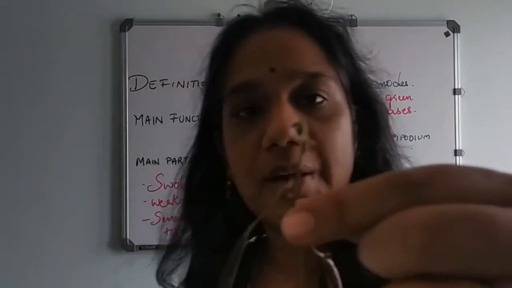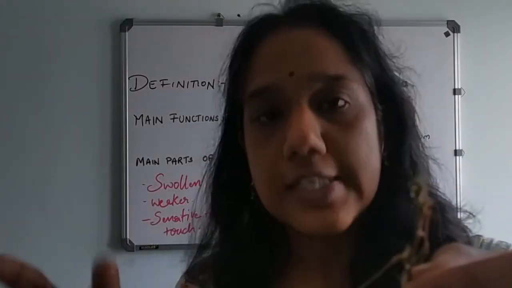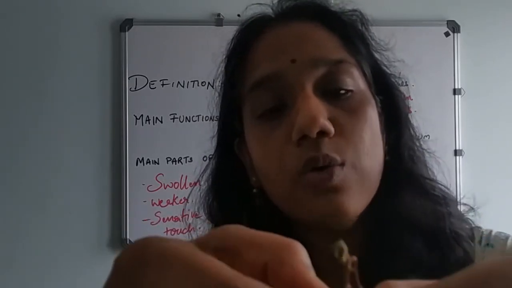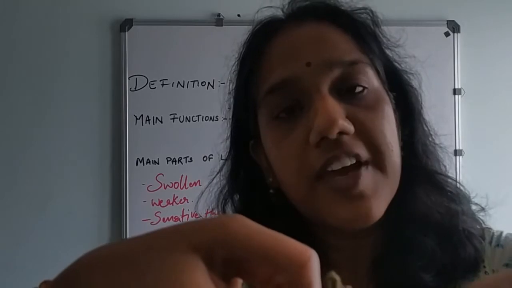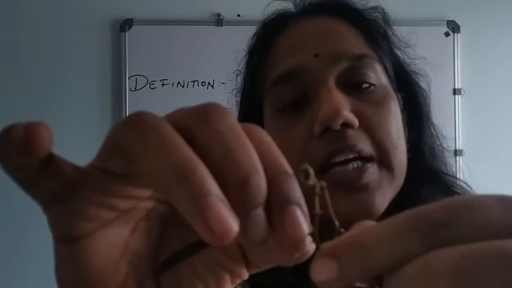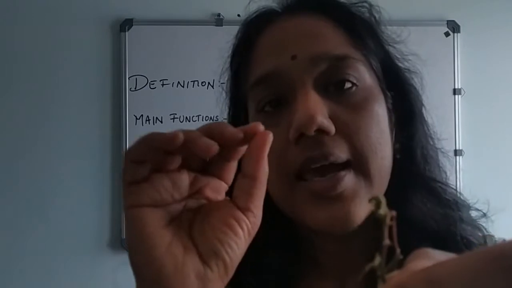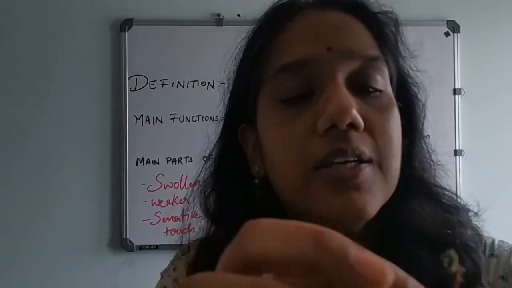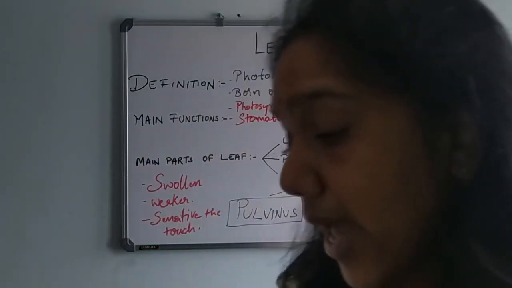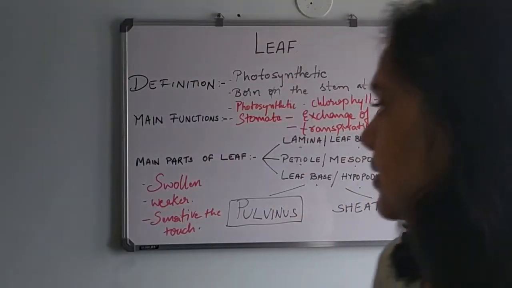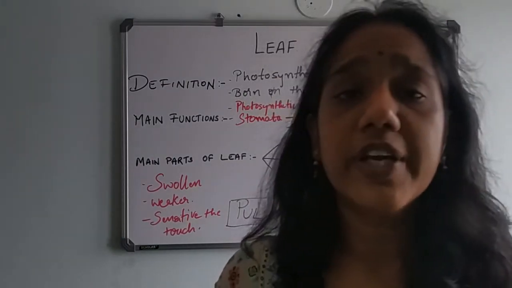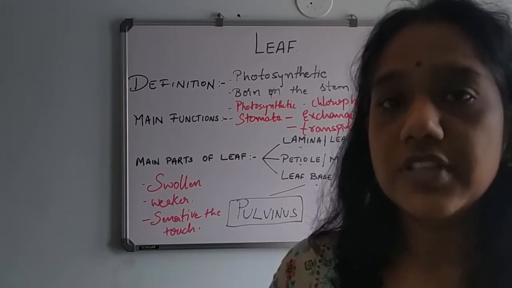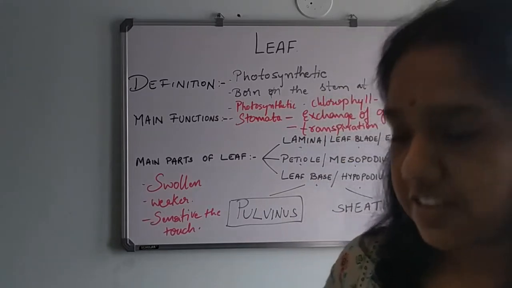You can experiment on your own. If you find any Mimosa pudica near your house, just cut one part of the stem and see for yourself how the pulvinous base looks. If you feel it, you can definitely feel that particular region. The base is actually bigger in size, and the petiole becomes smaller. So that is what is called the pulvinous leaf base. Examples of pulvinous leaf bases are Mimosa pudica, tamarind tree and gold mohur. These are the three examples showing the pulvinous leaf base.